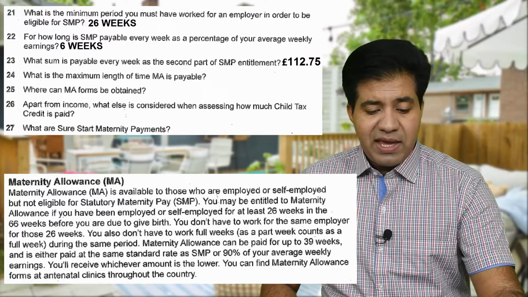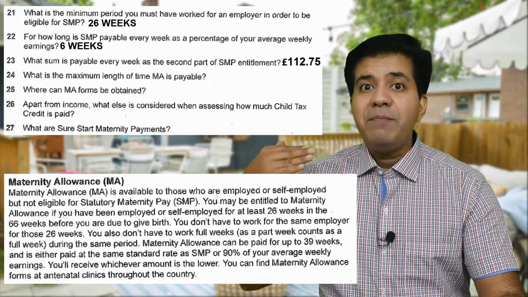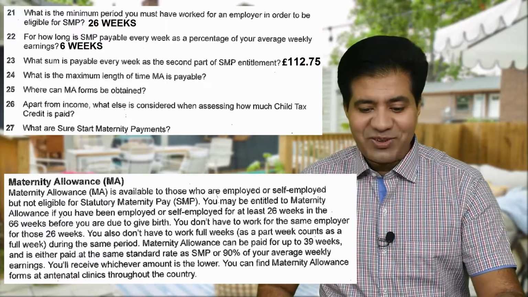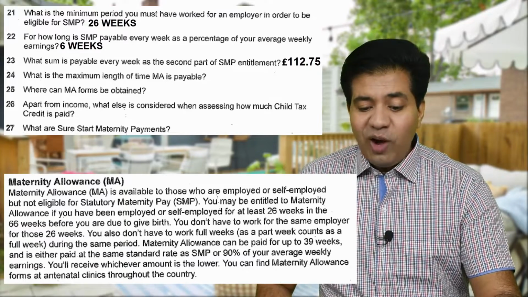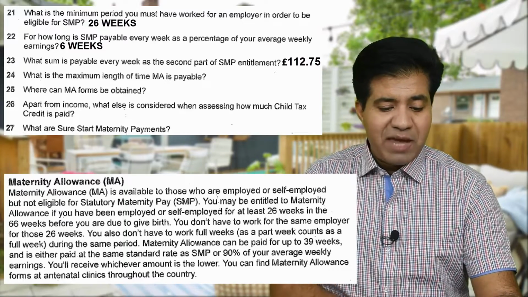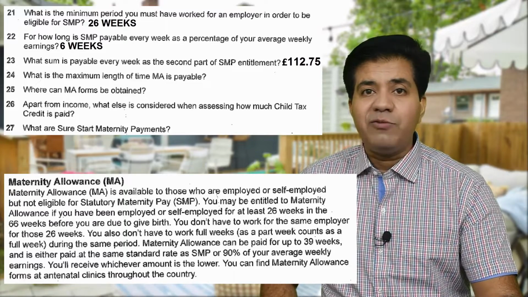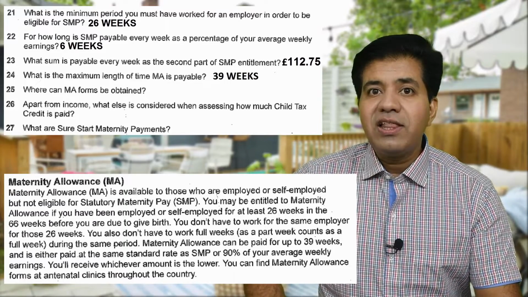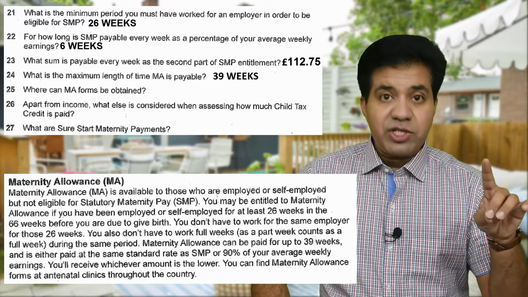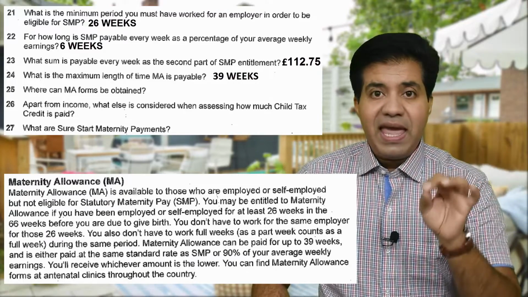Maternity allowance, MA, can be paid for up to 39 weeks. Up to, maximum, synonyms. Okay, so the question is, what is the maximum length of time MA is payable? Maternity allowance MA can be paid for up to 39 weeks. The answer is 39 weeks. That's right. And they mentioned this thing with SMP, but with 39 weeks, but we need to find MA, maternity